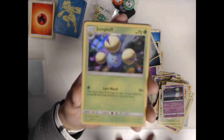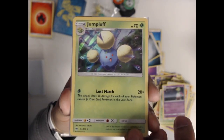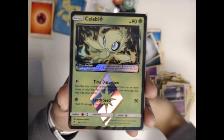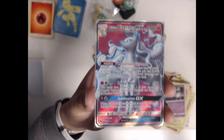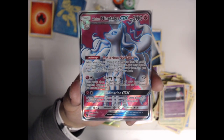We have a Heatran, the Lost March Jumpluff, which is crazy because it does 20 damage to each of your Pokemon, except Prism Star Pokemon in the Lost Zone. That's just all. It's a crazy deck build. We have a Celebi, the full art Lugia GX, and of course, the piece de resistance, the Alolan Ninetales,